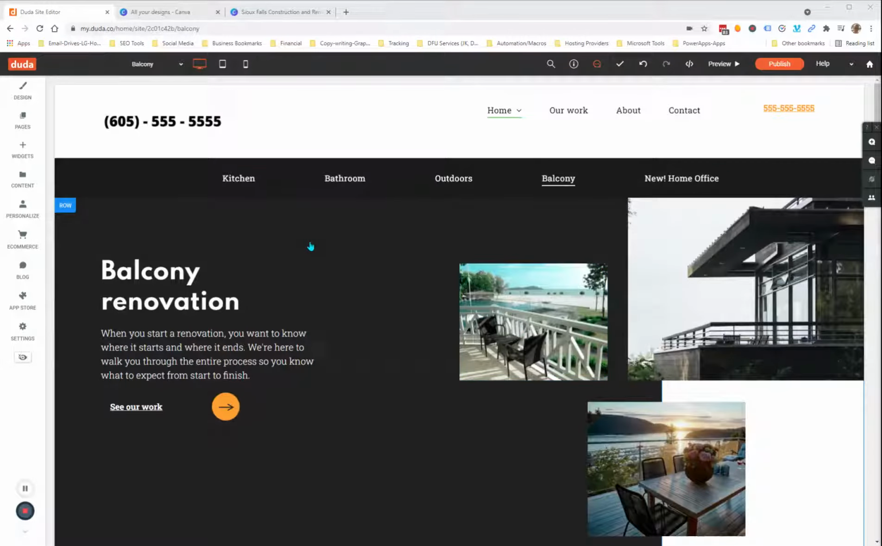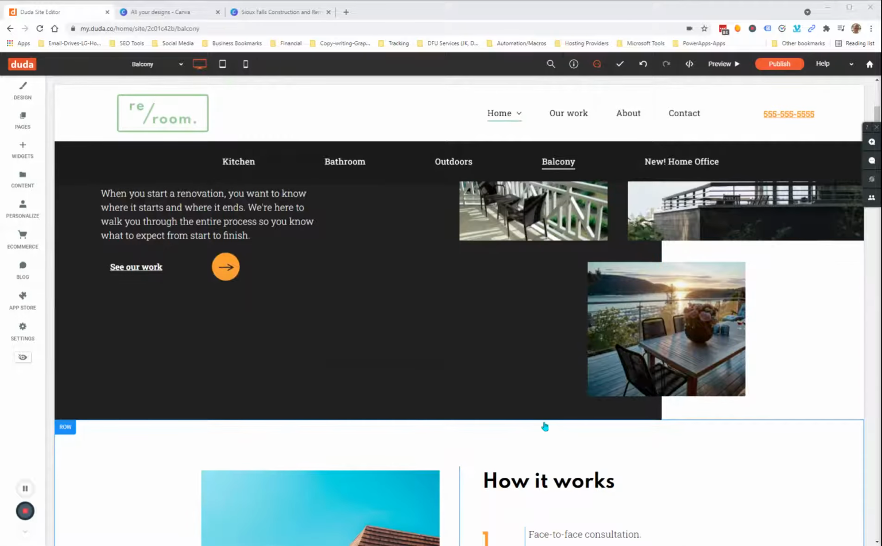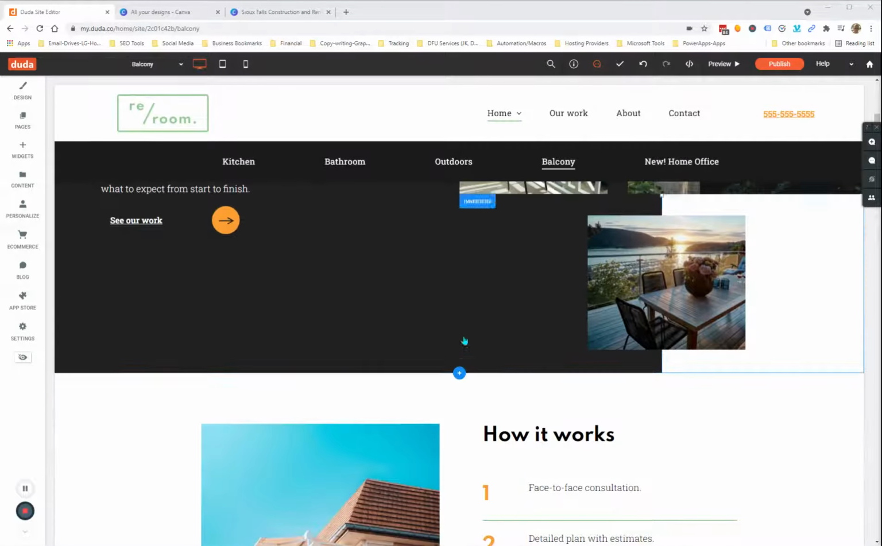What's up, guys? In this video I want to show you how to edit the sections on a Duda website. Sections are more of a modern thing when it comes to websites, but you can easily edit them. They're called sections or rows. A section is a certain templated row,